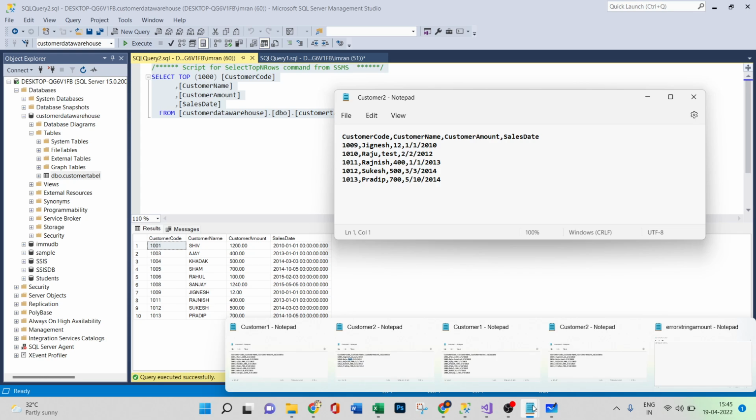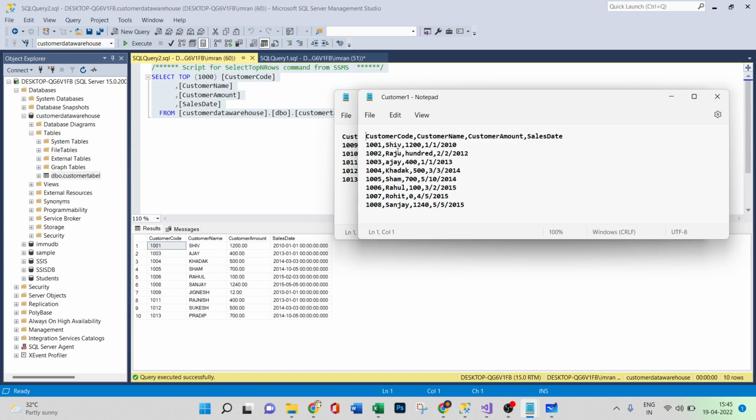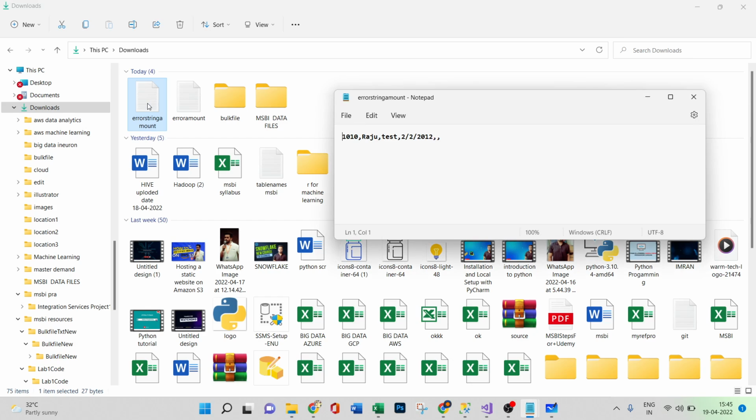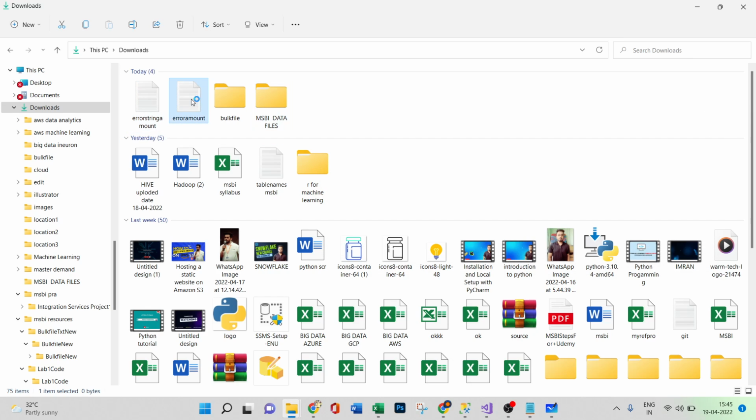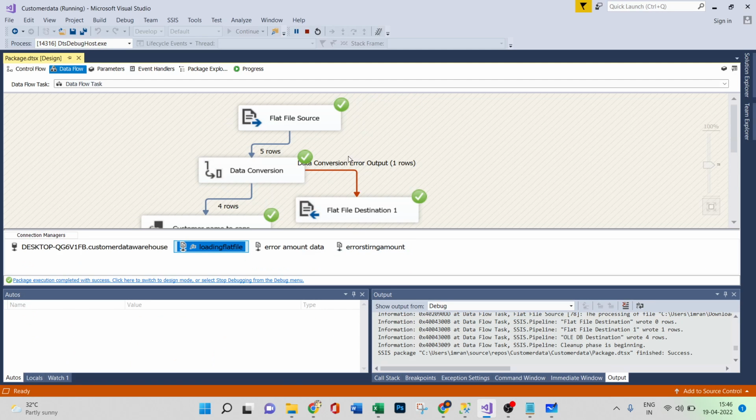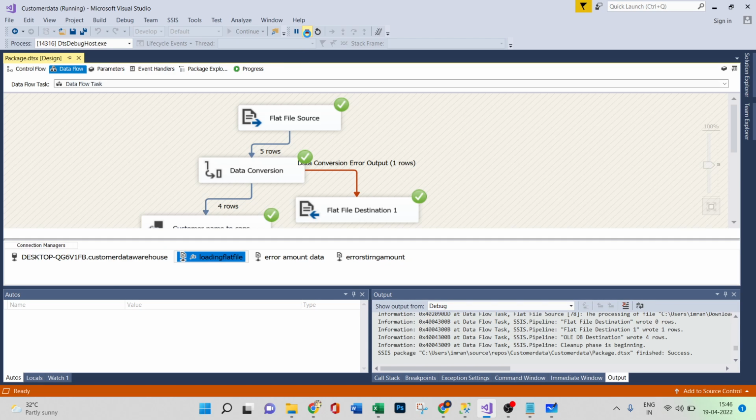Now I need to check the other one. Here I have Shiv, I have Ajay, and I don't have Raju because it has been moved there, right? Ajay, I have Ajay, fine. So I have all the data, and this is basically how it has been loaded. This is working fine. So if I try to stop this,